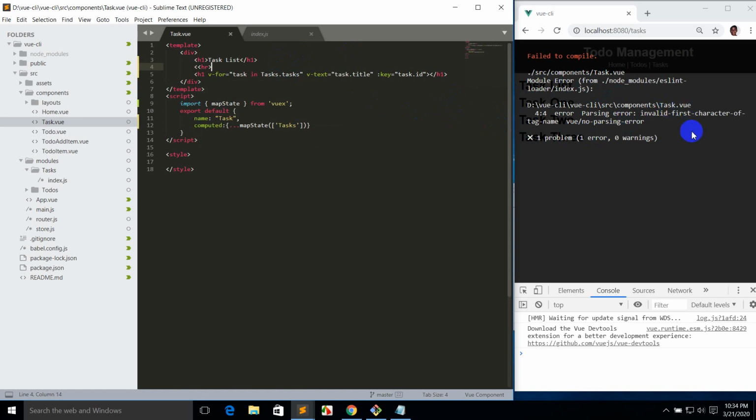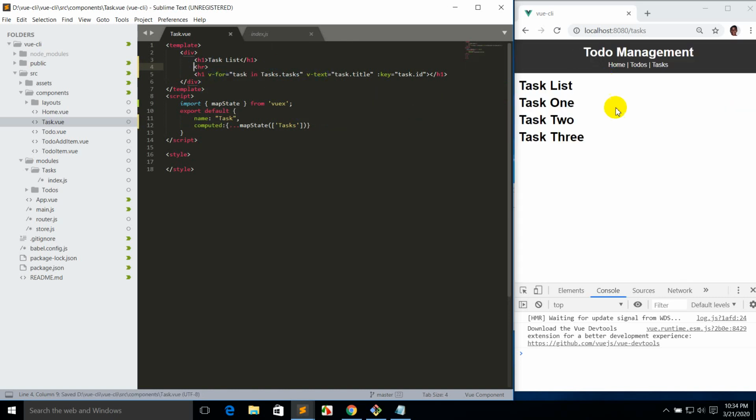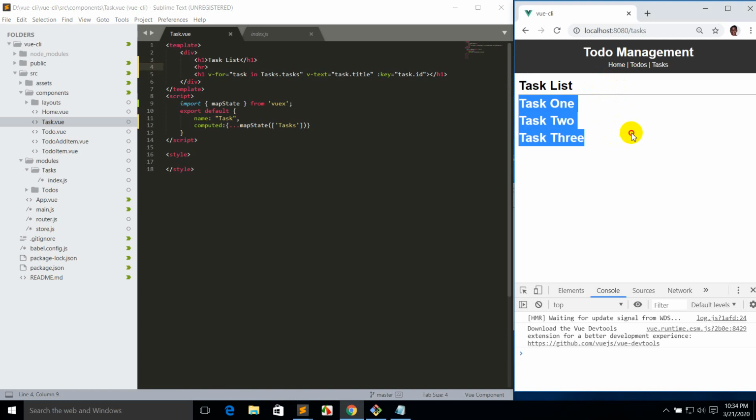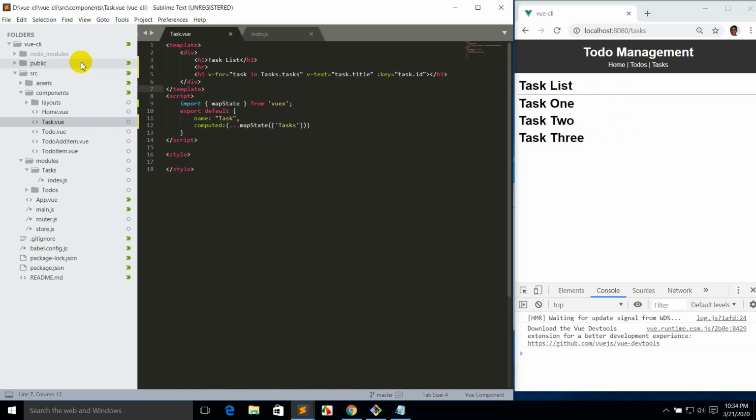So when we add no and the arrow with the invalid first character of text name. Okay, this is the task list. If you want to bind task list from the state,